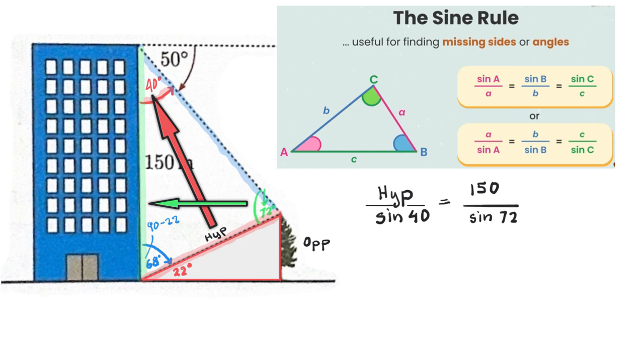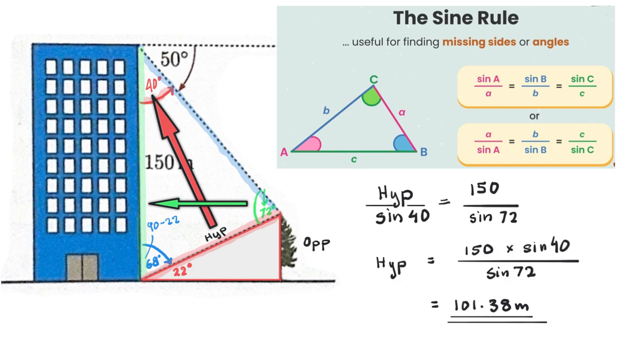Our hypotenuse can easily be found by just rearrangement. Hypotenuse is equal to 150 multiplied by sine 40 over sine 72. Using the calculator, we have 101.38 meters. Now that we know that our hypotenuse is 101.38 meters, our tree is on the opposite side of this angle,